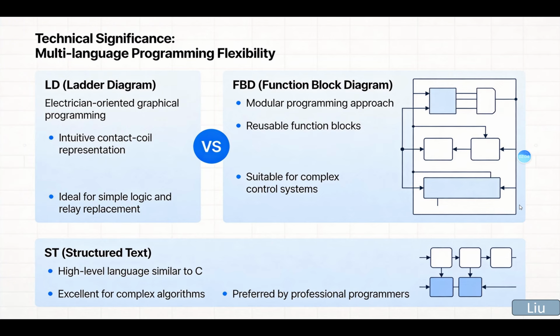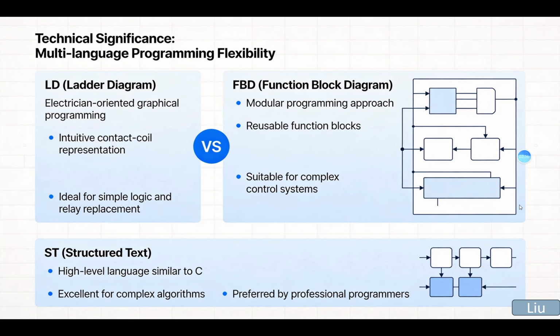And the FBD language, function block diagram, a modular programming approach with reusable function blocks, suitable for complex control systems. The last one is ST language, structured text, a high-level language similar to C language, excellent for complex algorithms,